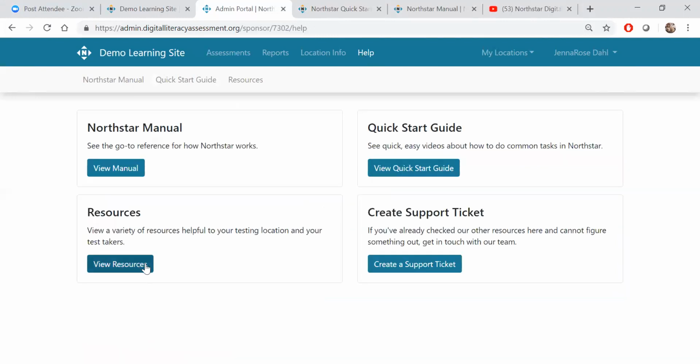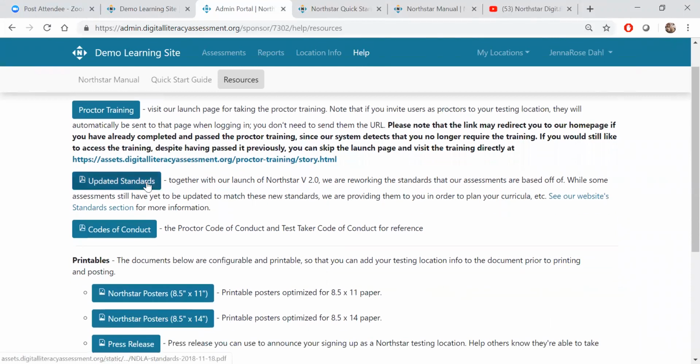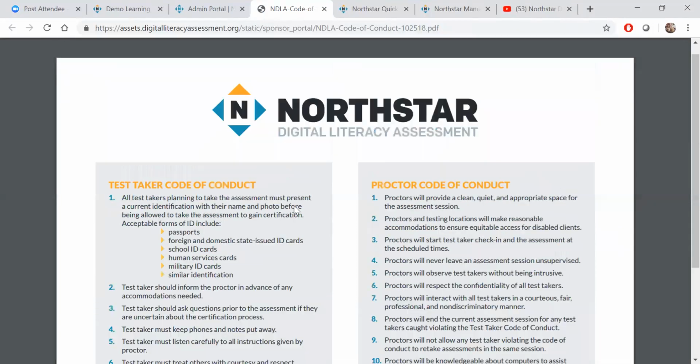The other thing that's super useful in this help section is this resources. So here you can go through the Proctor training again if you'd like. You can look at those updated standards that are also available on our public website. You can open up the codes of conduct. These are things that you can print out and keep in your classroom. I